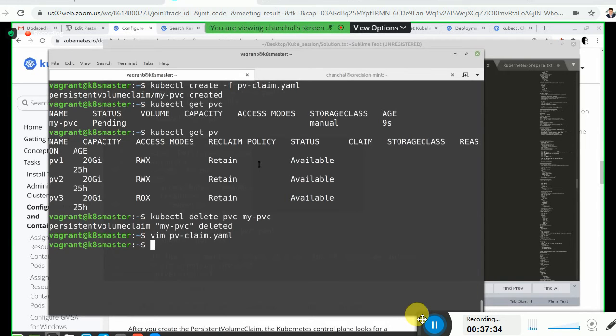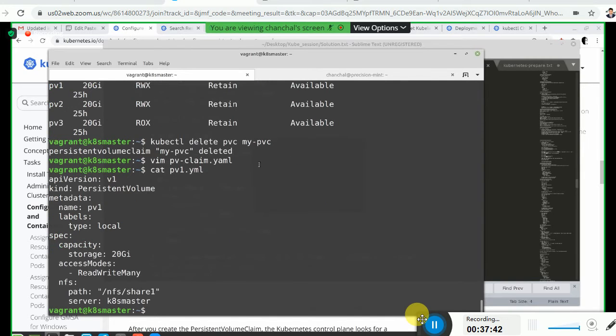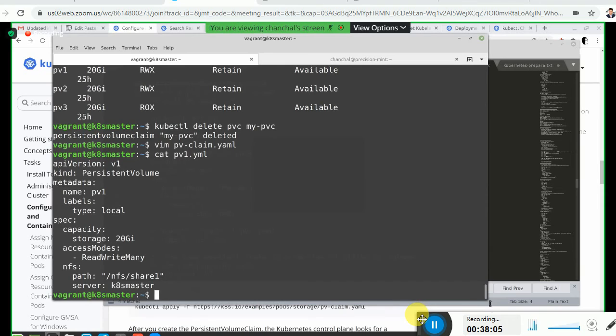And is there cat pv1.yaml? What is there in it? pv1, name, labels, type local, capacity storage 20, access mode read write many, path NFS. Okay. Possibly these NFS shares and all these things are not running. That could be one of the reasons, because they have all been defined as NFS shares. Okay, so to make sure this NFS share is available, what were the commands we are expected to run? NFS service should be available or else they are not likely to work.